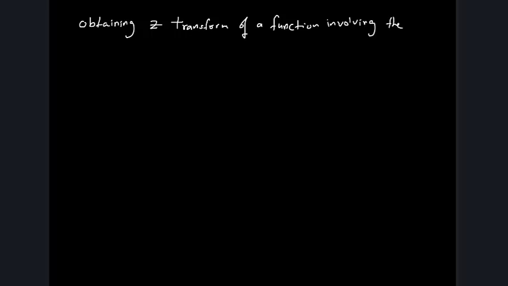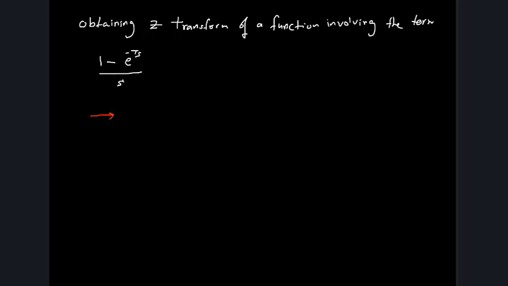So now let's discuss obtaining the Z transform of a function involving the term 1 minus exponential minus Ts over s, which is a common factor in the zero order hold and the first order hold. So if we recall, if